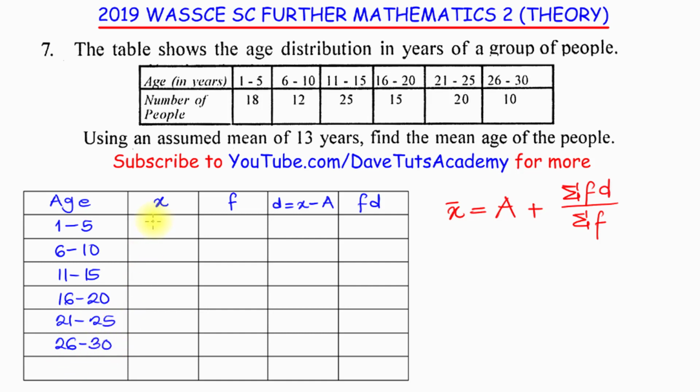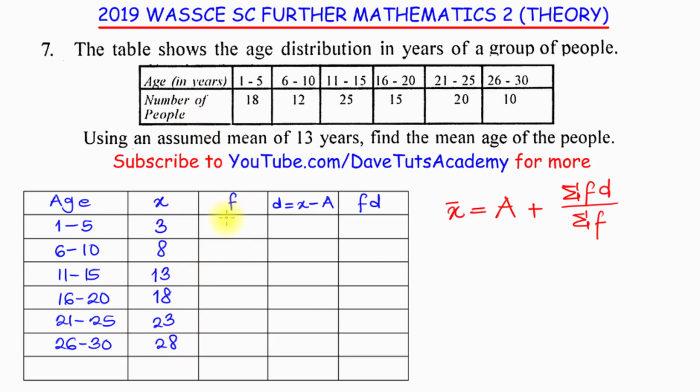For this particular case, I exemplified that the class mark, which is the midpoint, is going to be 3. For 6 to 10, 6 plus 10 is 16, 16 over 2, that is 8. Here, 11 plus 15 is 26, 26 over 2 is 13. And in short, it's going to be a consistent incremental value of 5. Like 3 plus 5 is 8, 8 plus 5 is 13, 13 plus 5 is 18, 18 plus 5 is 23, then 23 plus 5 is 28. You can also check by looking at the midpoint of this data set, and you will see that it is consistent with what we have got.